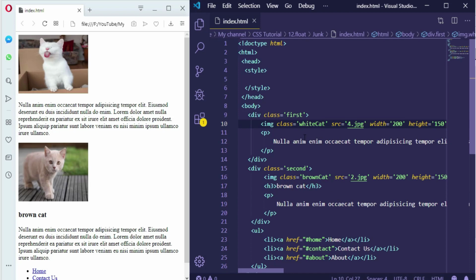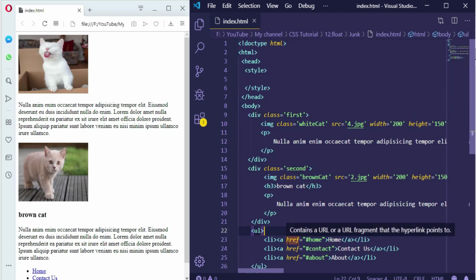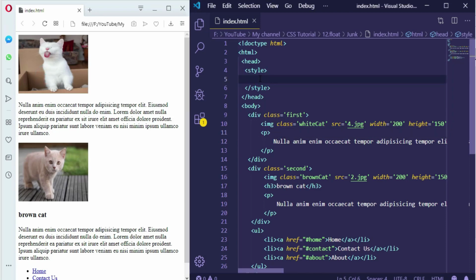So I prepared the code here. I have a first division and then a second division, and finally I will show you how we can use float to make a nav bar. For this first division, let's add some styles like border and padding, and finally let's make the picture float left. The class is first,